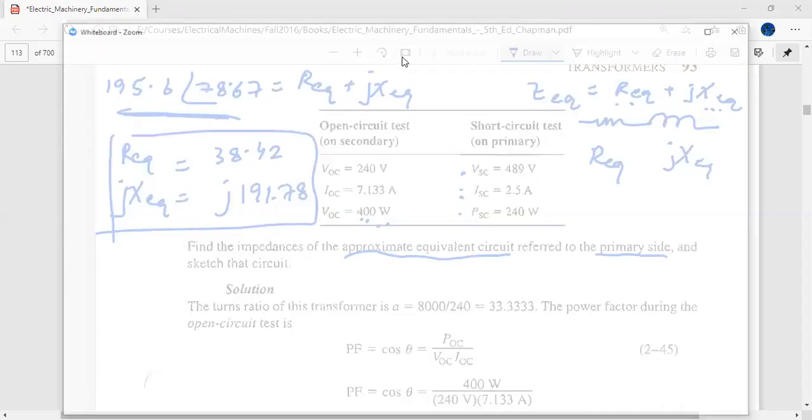And we know how we can get rid of the electrical isolation, and we can make the whole circuit of the transformer on one side. What we did before was something like this: we have a transformer like this and we have a load, and let's say we had an ideal model of the transformer. This was the ideal model of the transformer. We have done this before.